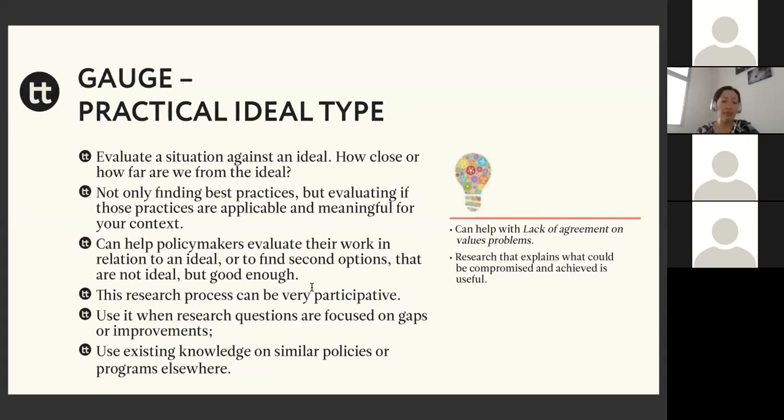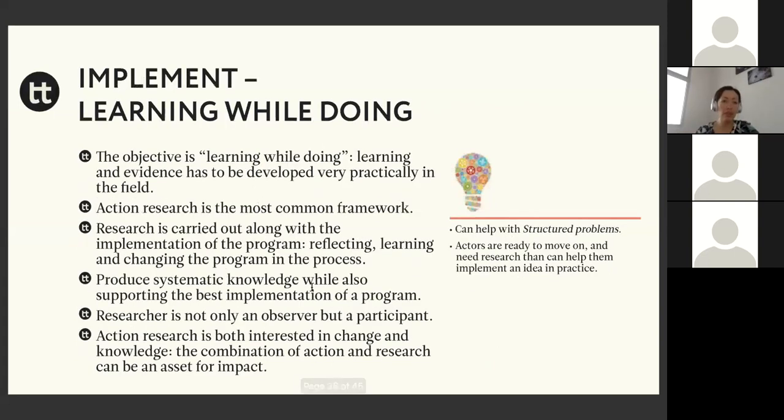There are different techniques that we can use for this type of research. We can use the indexes, as we said. We can find best practices. It can be both quantitative or qualitative kind of work. And the implementing framework, this is when we are learning while doing, and what we understand here is mostly about